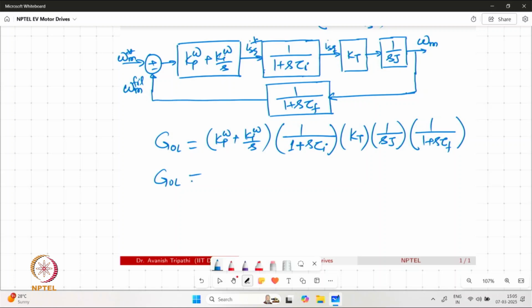Now, once again, this can be simplified and it can be structured in a better manner. So we have